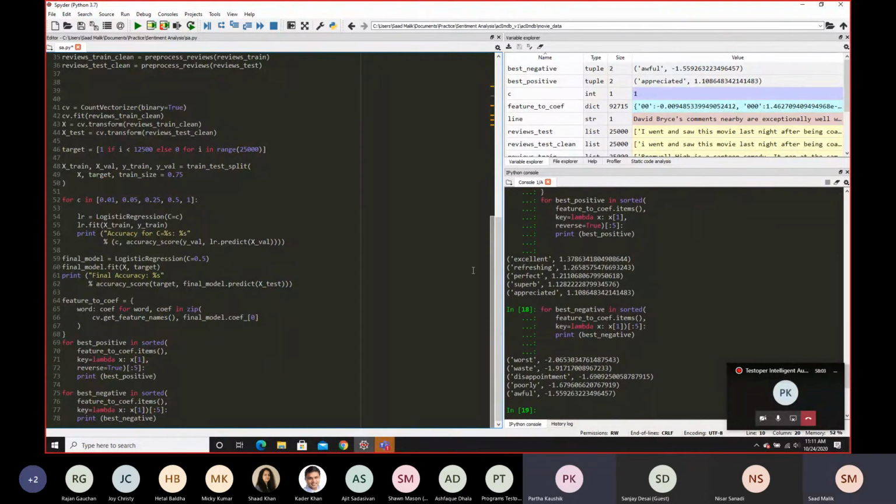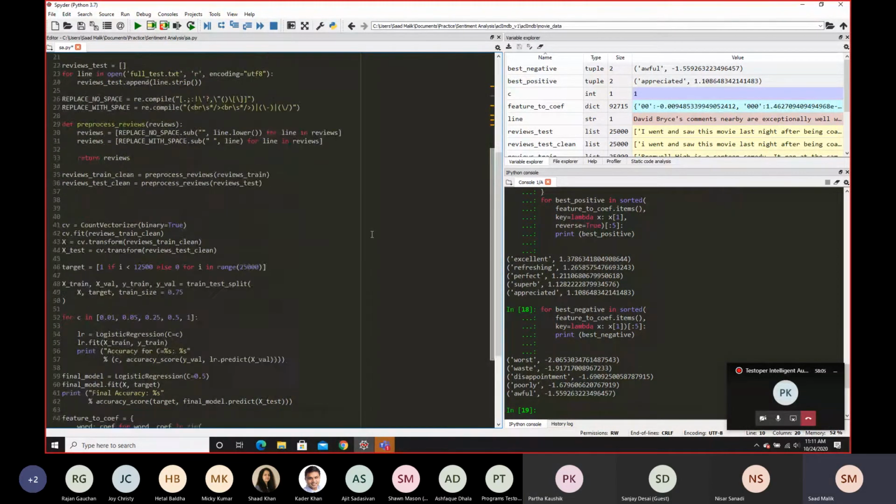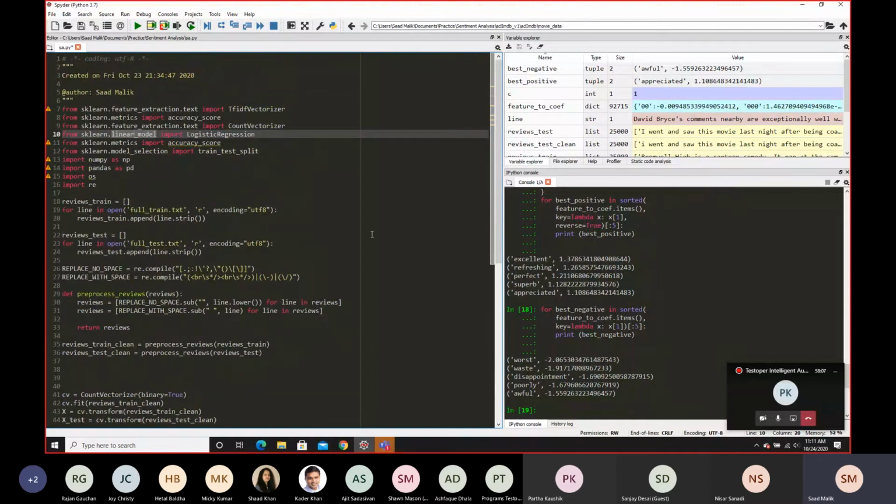Yeah, that's a good question. In this case, this model would not be able to pick up sarcasm at all. It just won't be possible. But there are models like the spaCy model that they say does better at picking up sarcasm than most models.